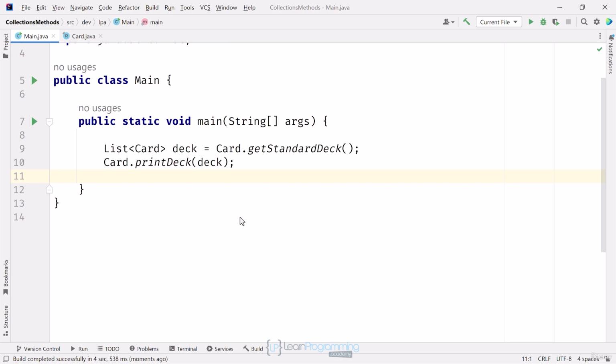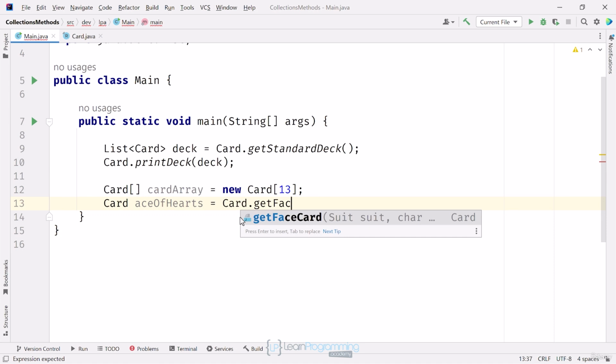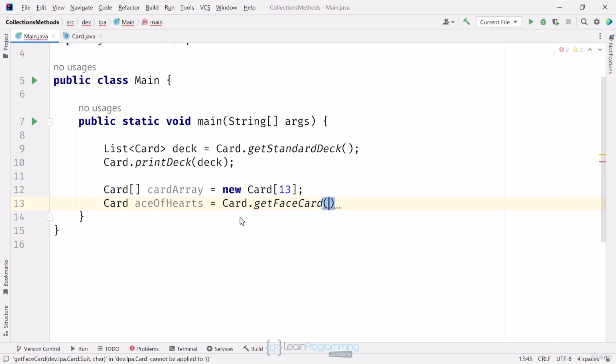Before I start, I'll first use a method I've shown you before on the arrays helper class called fill to fill an array. I'm going to create an array of cards just for one suit to start out, so I'll create an empty array of 13 cards. I'll generate an ace of hearts card using the static getFaceCard method on my card record, passing card.suit.heart, then the